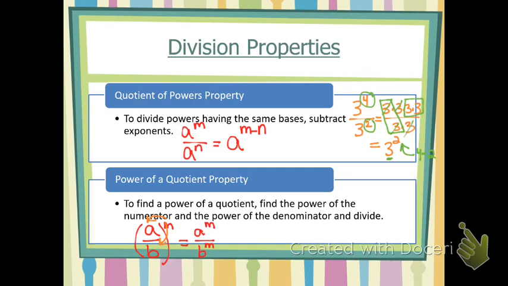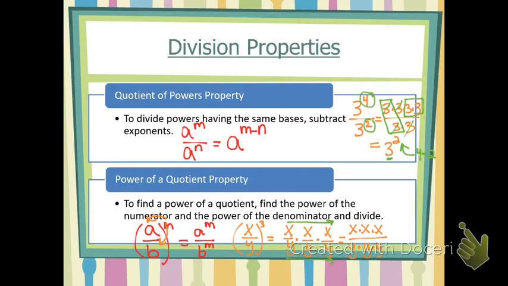Now, an example of why this works out like this, let's say you had something like x divided by y quantity cubed. And we'll just use the definition of exponents, where when you cube something, it means you multiply it by itself 3 times. So it would be x over y times x over y times x over y. And then in elementary school, you might remember multiplying fractions, where you would multiply all of the numerators straight across the top. X times x times x would be your new numerator. And then you would do the same thing with the denominators. You would do y times y times y